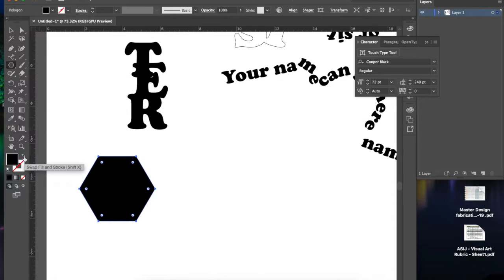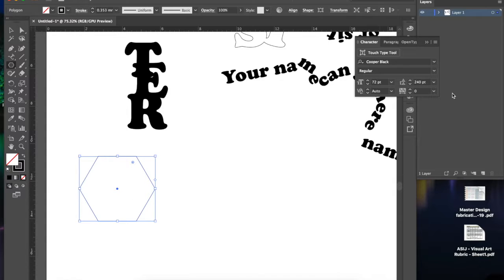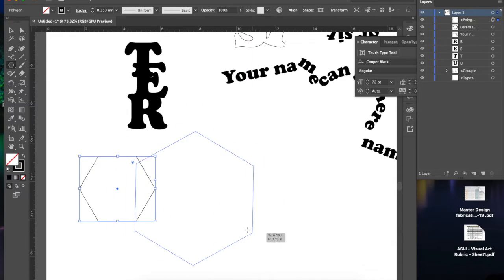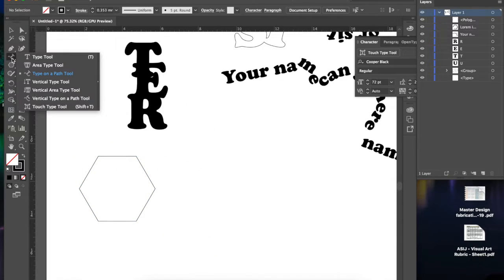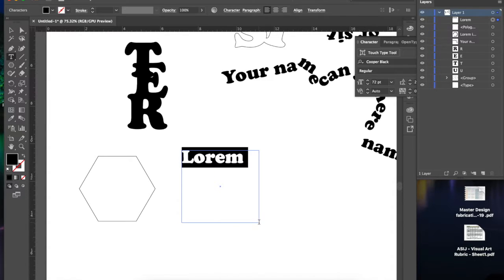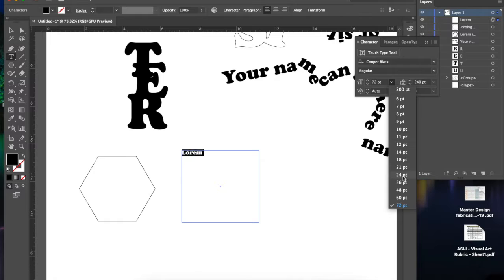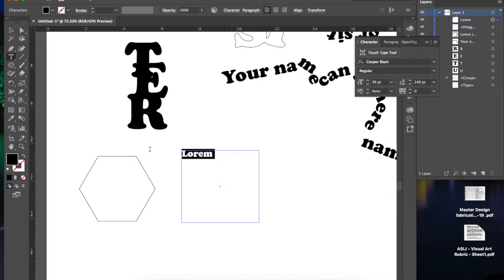Here's the interesting thing about this. It works when it's filled too, but you have your polygon up here in your layers, right? If I want a paragraph, type tool, that will work. And slightly smaller fonts. Oh, because I have the height set. Go back to auto. Anyway,